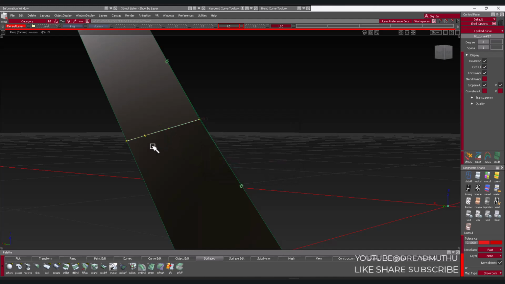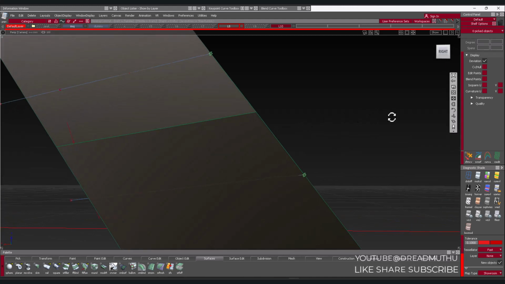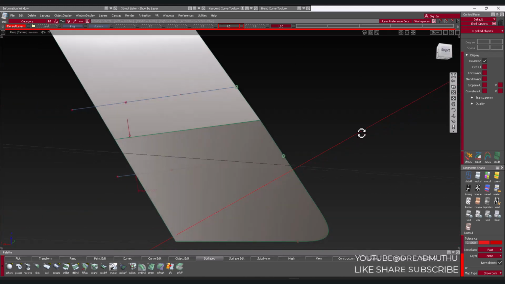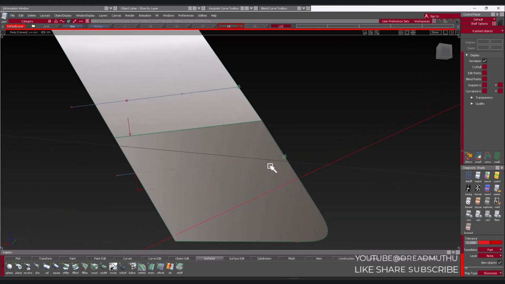Delete its history, we'll extend this, then select this, we'll set pivot again, copy paste, move until there, and we'll move this here, and we'll project, trim,